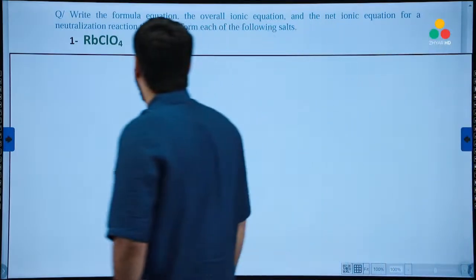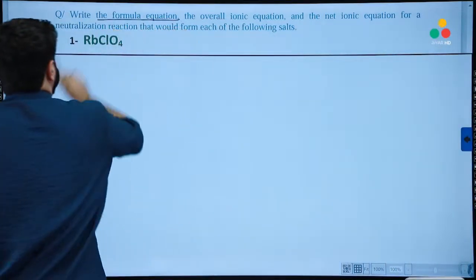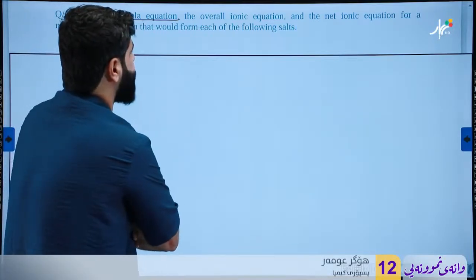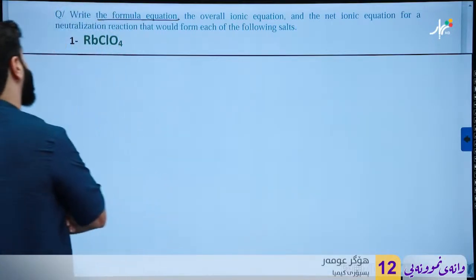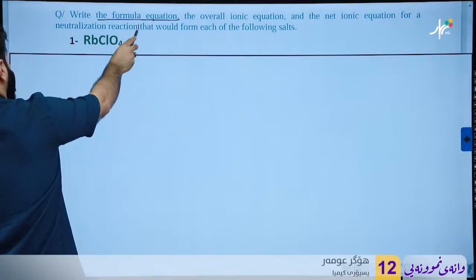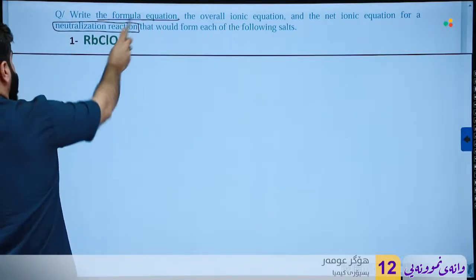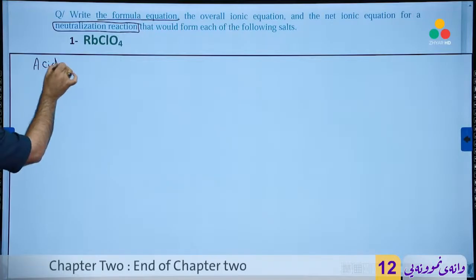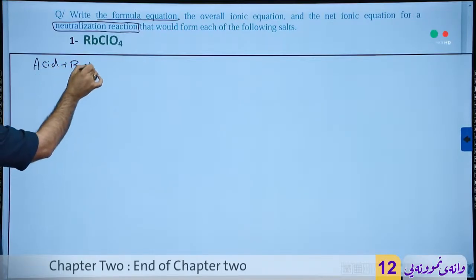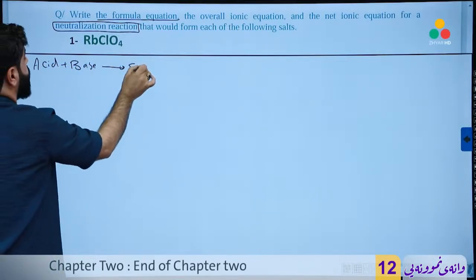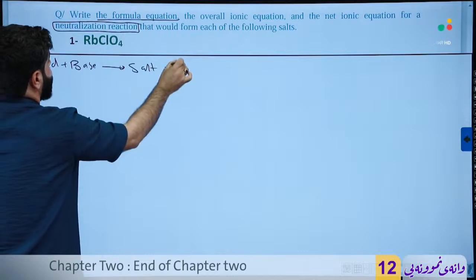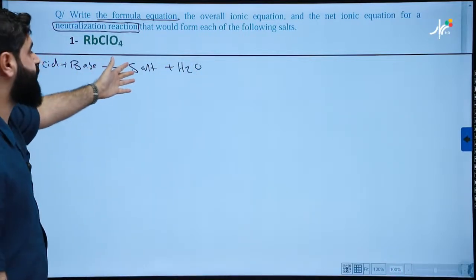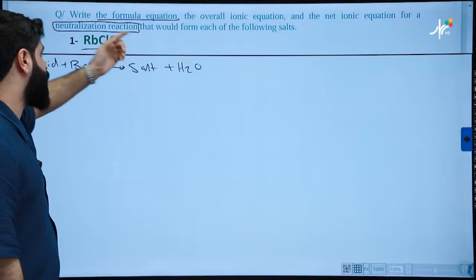Great. Write the formula equation. It means the reaction between the acid and the base, the overall ionic equation, and the net ionic equation for a neutralization reaction. Neutralization reaction means we have an acid plus base to form salt and H2O. Okay. That would form each of the following salts. The first one, RbClO4,